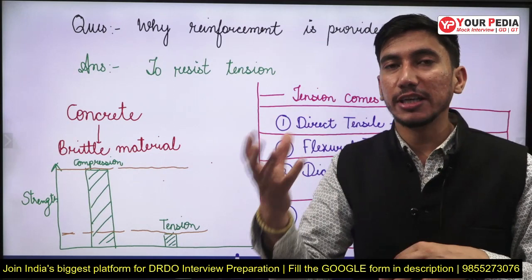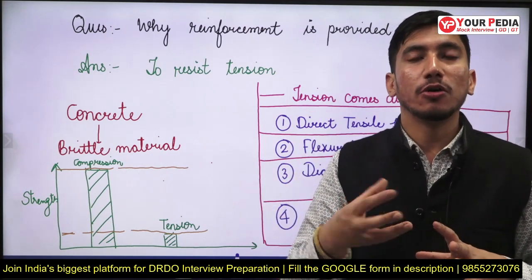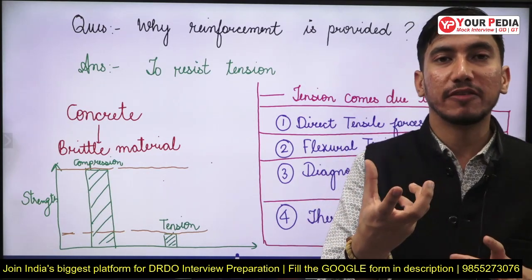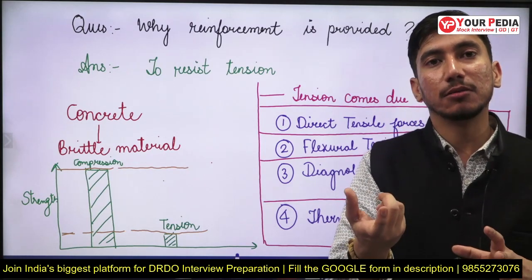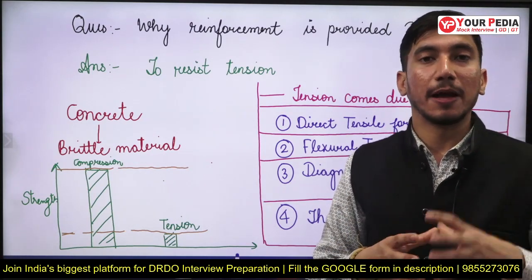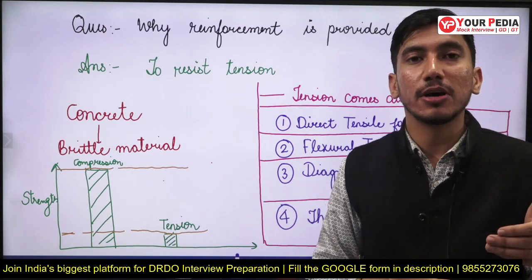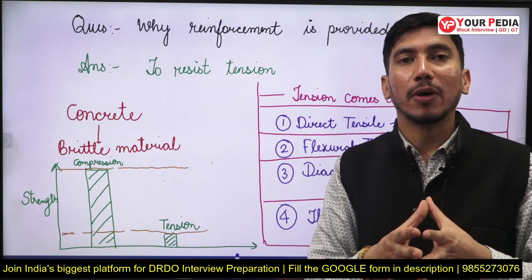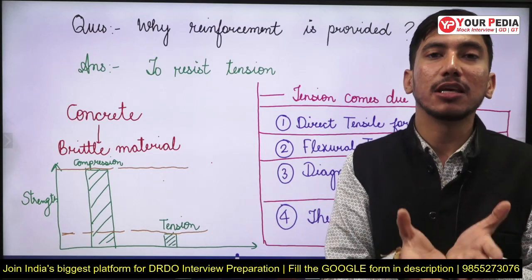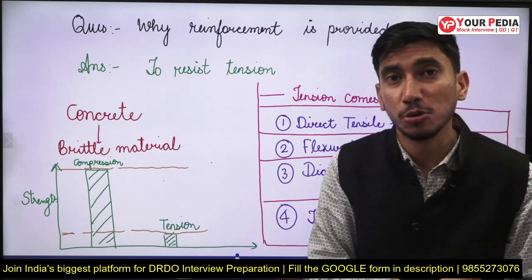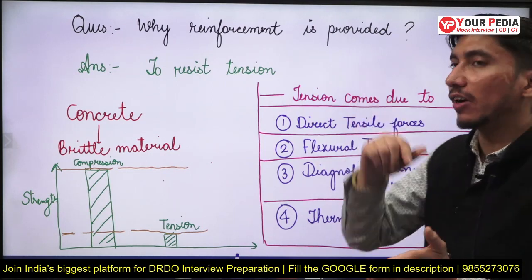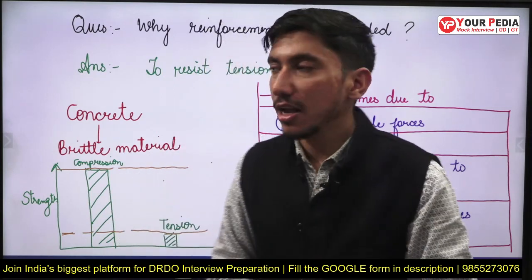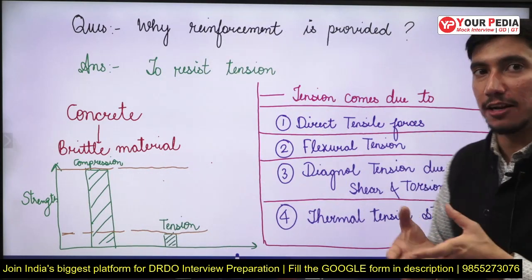So when this concrete is used in buildings or various other structures, it is bound to get under tension, it is bound to develop tensile stresses, but it will fail because of those stresses, and fail at a much lower value of load. So it will be uneconomical for us. Why waste so much material? Why waste so much effort in making such a material whose tensile strength is so low? So in order to solve this problem, we provide the reinforcement in it. So how can this tension come in these RCC members? The very first reason is the direct tensile force, you know.